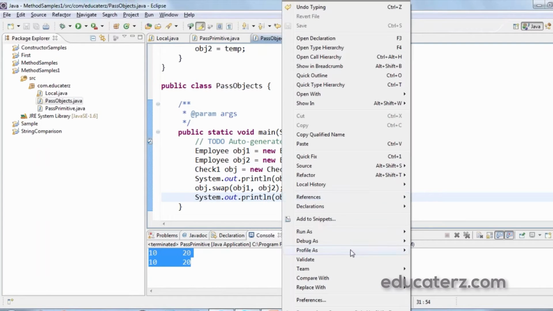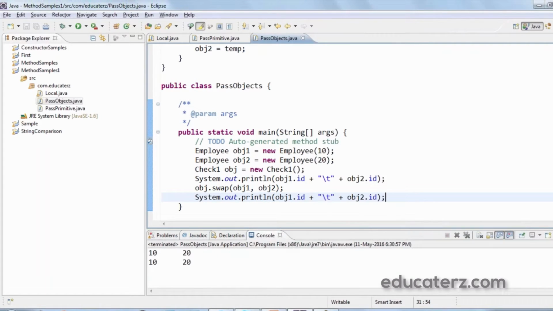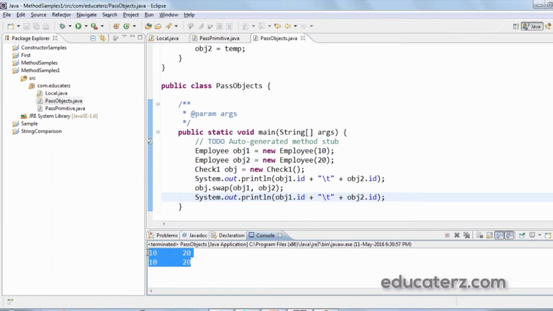Now let's run the program. So the values are not interchanged. That means even objects are passed by value, or call by value, in Java, but they are not passed by reference in Java.